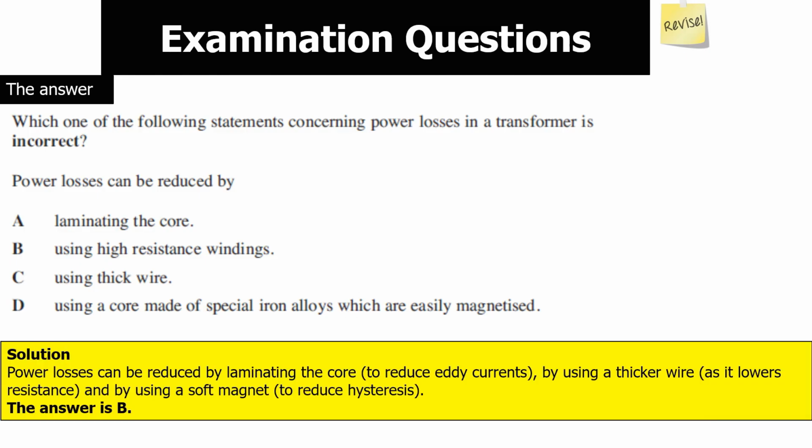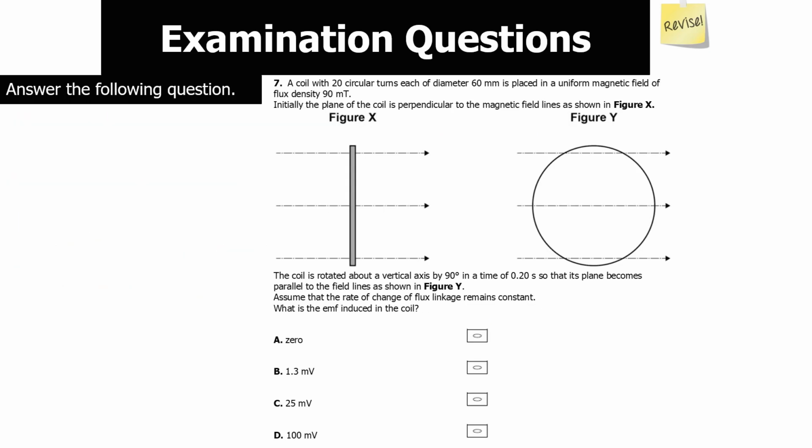Right, so power losses can be reduced by either laminating the core to reduce eddy currents, by using thicker wires as it lowers the resistance because the cross-sectional area of the wire has increased, or by using a soft magnet to reduce hysteresis. So the one that doesn't reduce power losses is the high resistance wires. The answer is B. The next question says, a coil with 20 circular turns, each of diameter 60 mm, is